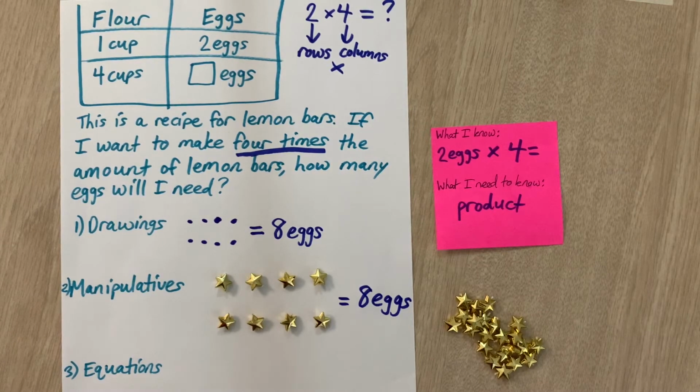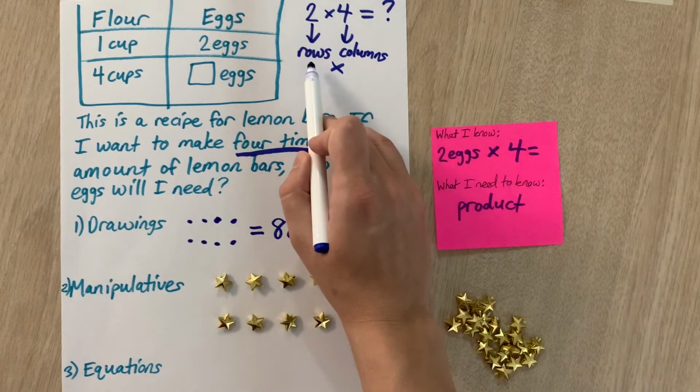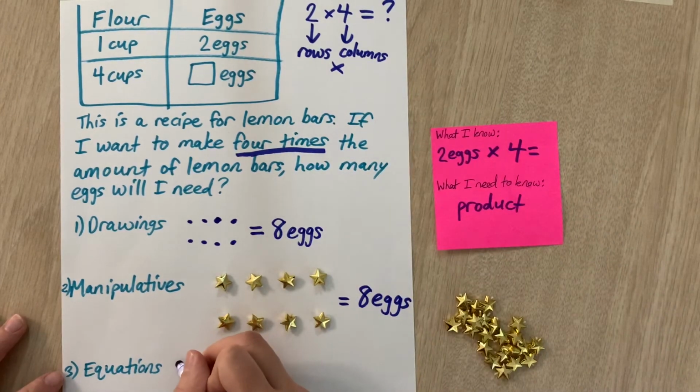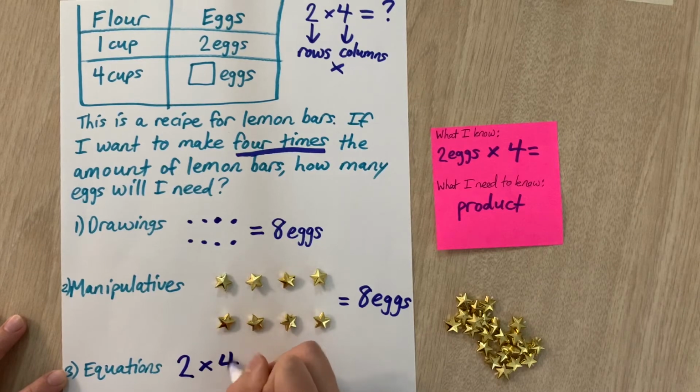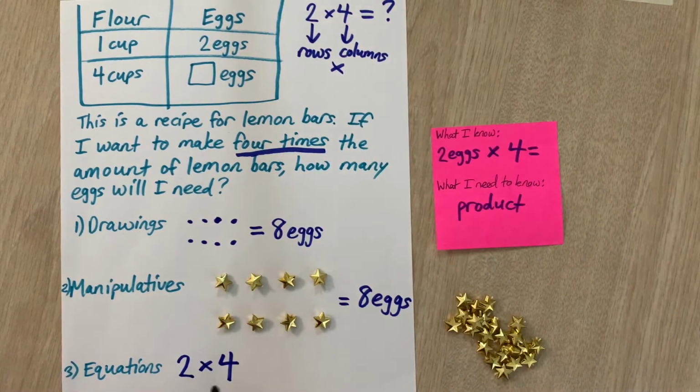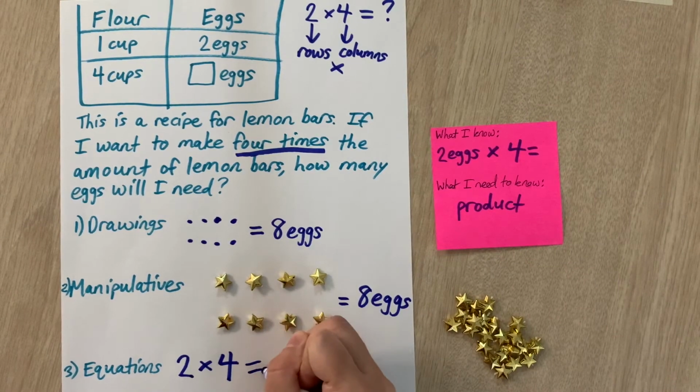Now for our very last strategy, this one is going to be equations. So we're going to write a multiplication equation. And we actually are very close to one already, because up here we have 2 rows times 4 columns equals. So our equation would be 2, because 2 rows, times 4. So again, 2 eggs, 4 times the number of eggs. So 2 times 4 equals, and if you know your multiplication facts, then you know that 2 times 4 equals